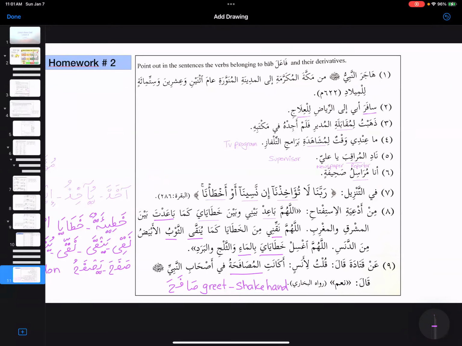Inshallah, Ustadha. In the next class, if we have time, maybe we would be able to do this last slide together, inshallah. It has a dua here: Allahumma ba'id baini wa baina khataya kama ba'adta baina al-mashriqi. This is a beautiful dua. If you have not memorized it yet, I would highly recommend that you do. This is the dua of istiftah, and we can switch between it and Subhanakallahumma. Sometimes we can recite that one and sometimes this one. I love this dua.